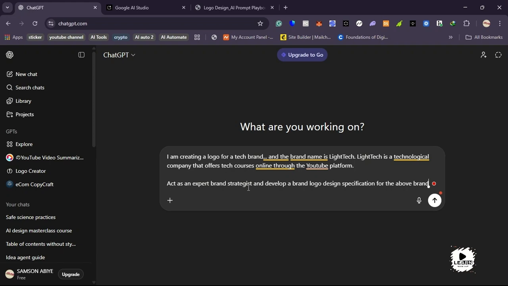Always give ChatGPT a role to assume, depending on what you are doing. For instance, if you are doing research, you can tell it to act as an expert research analyst. So whatever it's going to be doing is going to be centered around that too. Since what we are doing now is related to a brand logo, we are telling it to act as a brand strategist and develop a brand logo design specification for the above brand,